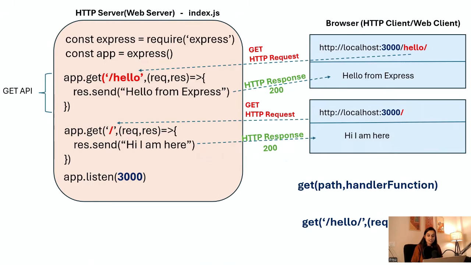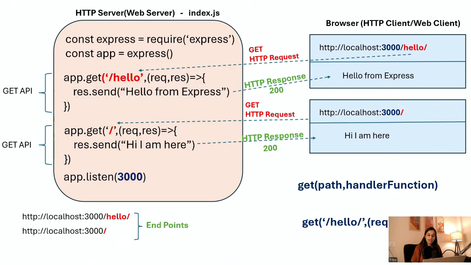In this case, this is your GET API because it is handling GET type of request. This is again your GET API and these two are your endpoints. See, slash hello slash, and the next one is slash. We call it an endpoint. First endpoint is slash hello slash. Second endpoint is slash. So whatever paths you have, slash product slash, that's the next endpoint. So to test these endpoints, if I enter slash hello slash,